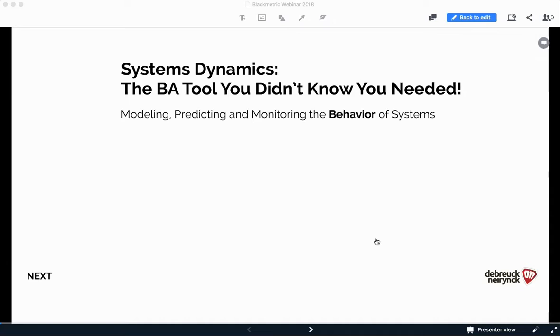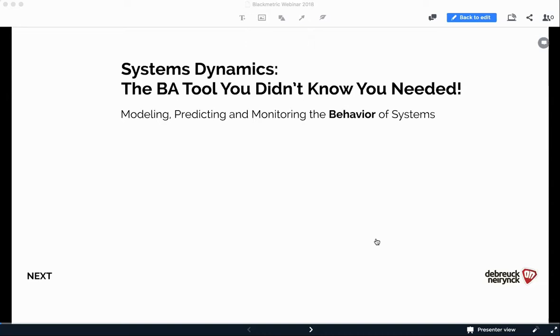We don't know. We trust it. We have a good feeling about it. We are very enthusiastic that we can do it, but actually we don't have any data that supports the successful rollout of the solution. And that's why